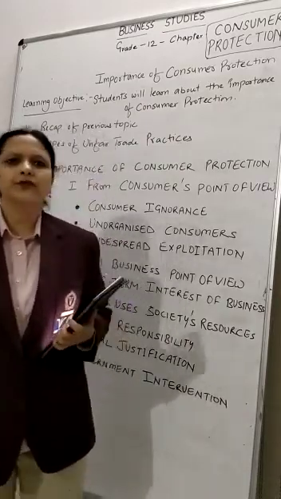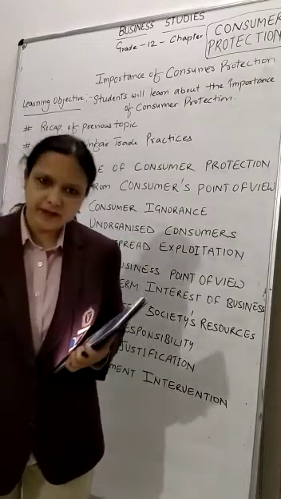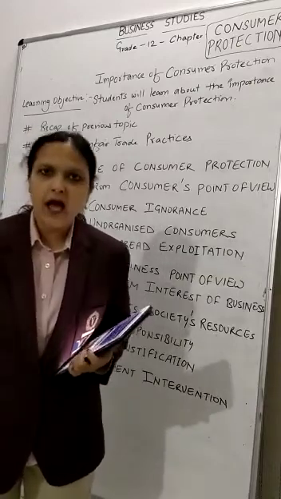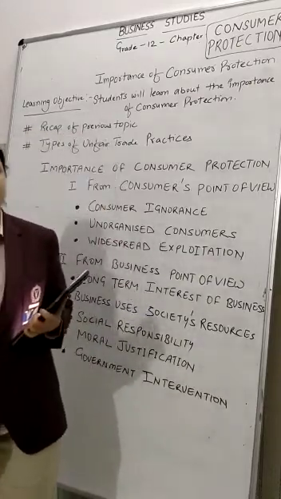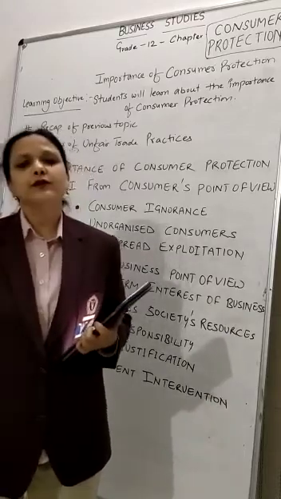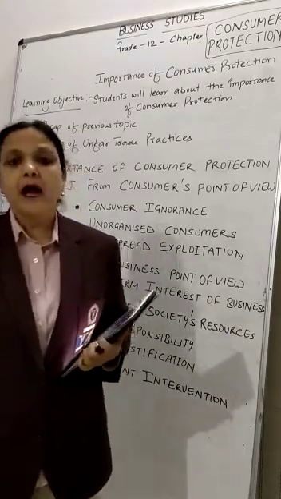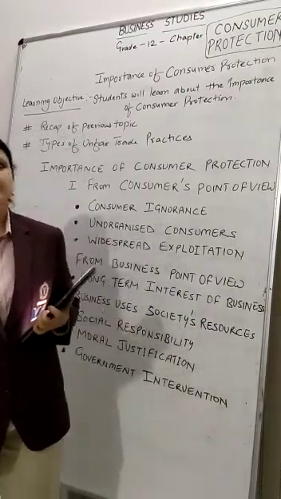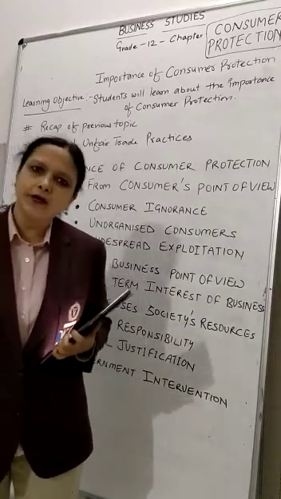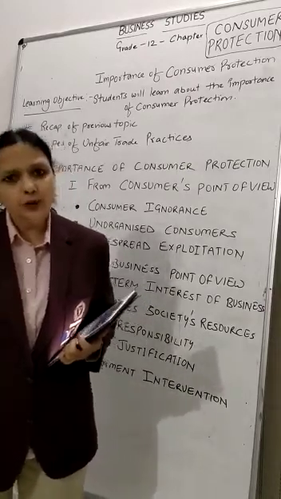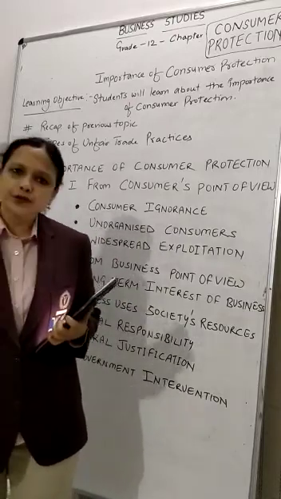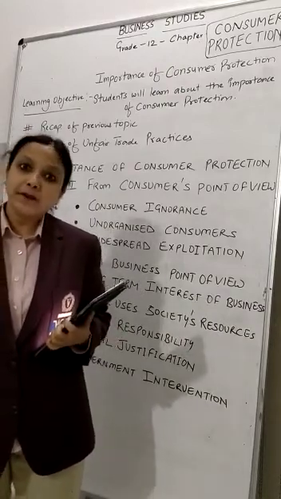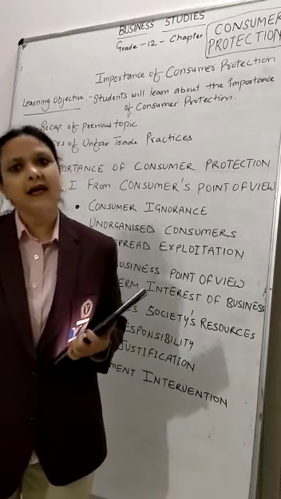In our previous video, we studied the concept of consumer protection and its scope under the Consumer Protection Act 1986. According to the Act, our aim is to provide protection to consumers against all kinds of unfair trade practices, and to educate consumers about their rights and the reliefs available to them. Because of unfair trade practices, we are facing exploitation.